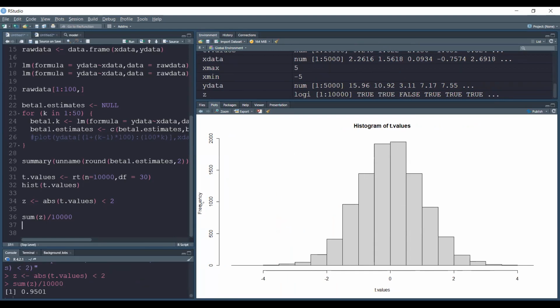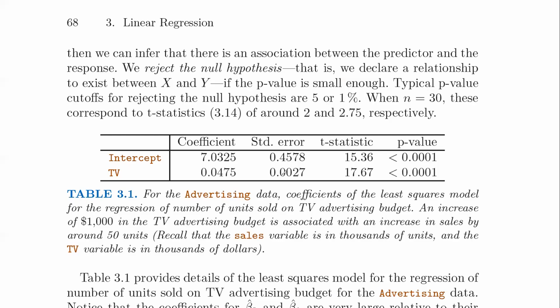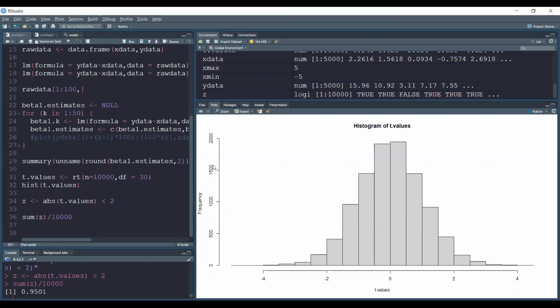What is the book saying? Let's look at the book. The book is saying when n is 30, this probability cutoff, 5%, corresponds to a t statistic of around 2. Now, what does that mean? Let's take this 5%. What it's saying is the following, that